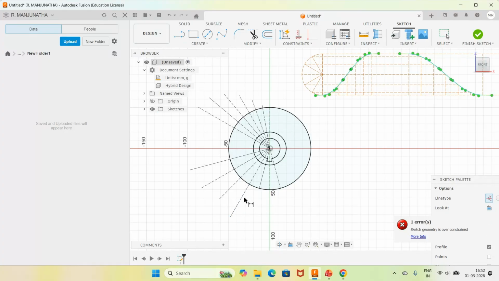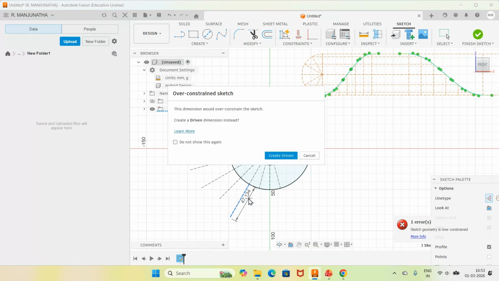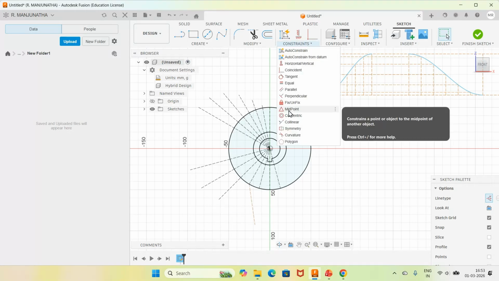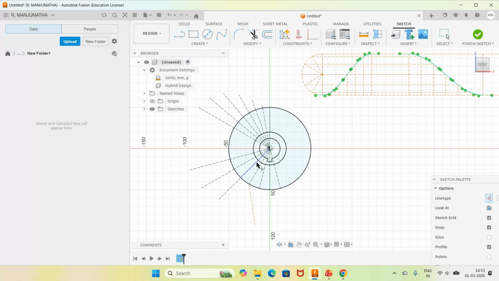I think it is constrained now because I've already given the dimension. So that is the reason. So here I will delete this. Okay. Then go for line, select this line and give collinear, select between this line and this line and go to dimension,